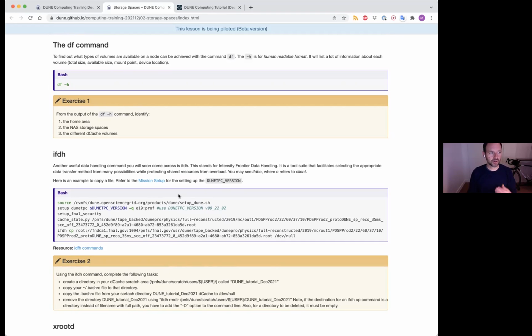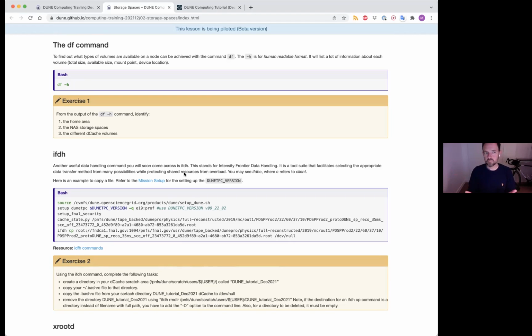It is a relatively low level command within the Linux environment, Unix environment, but it only can see and can only interact with data volumes that are mounted directly onto whatever computer you're working on. What if we want to look at things that are beyond the computer that we're logged into? We want to look at those large storage elements that are available both at Fermilab, but maybe also available at CERN or in the UK or